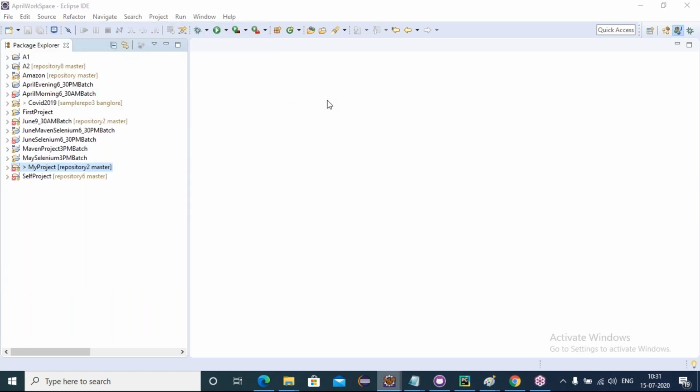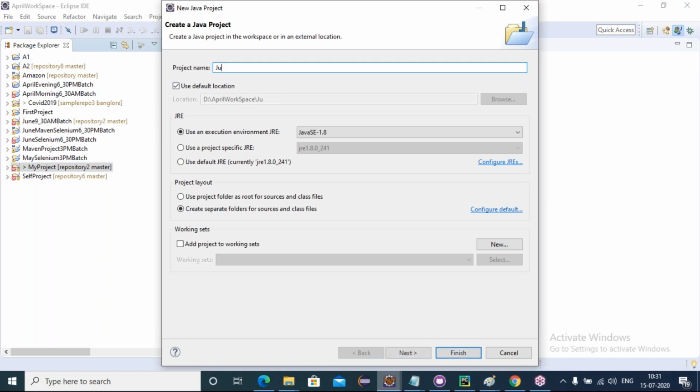Let me give the name July 9:30 a.m. Selenium batch. My project is stored in this workspace, and on every project creation, my Java libraries get associated.